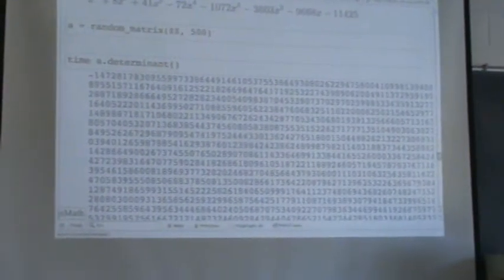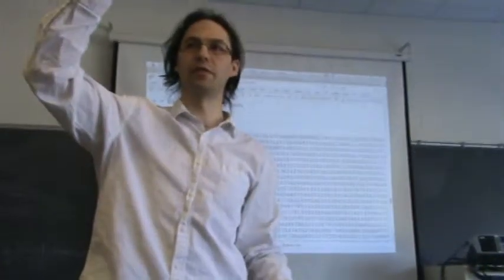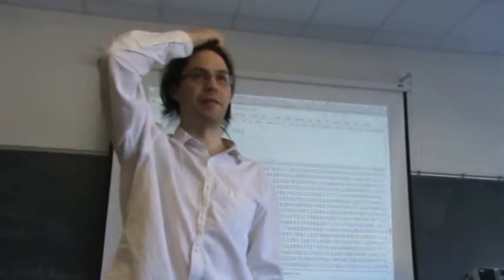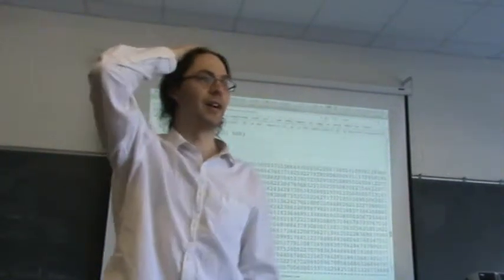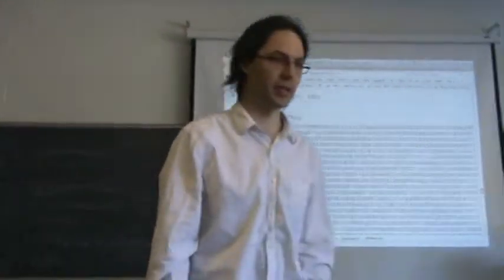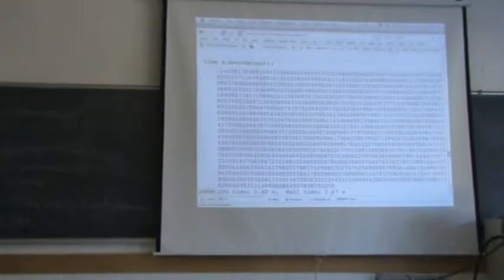So there it is. It's a pretty big determinant, as you can see. Goes on for a while, and it took a little over 2 seconds to compute that. So if you think about it, it's probably not doing expansion by cofactors. It's not looking at the first one and then computing the determinant of the submatrix and so on, because the complexity of that would be about 500 factorial operations, which would take a very long time. So it's doing something much better, and I'll talk about what it does, which Hamad recently explained to me. Not now, but later on in the course.